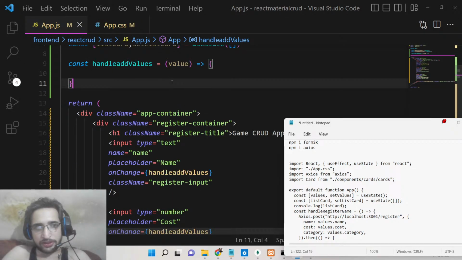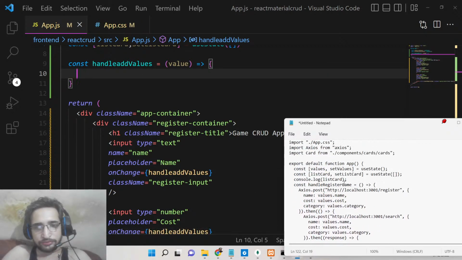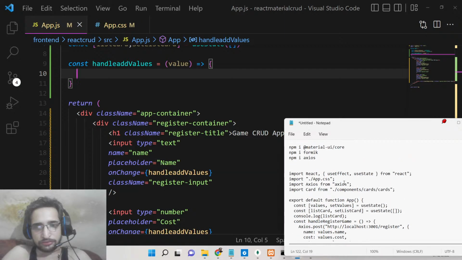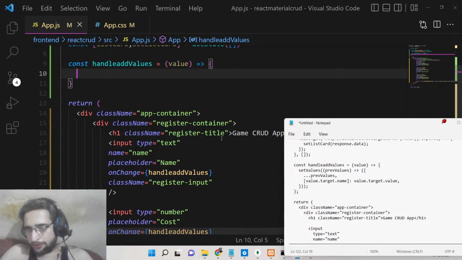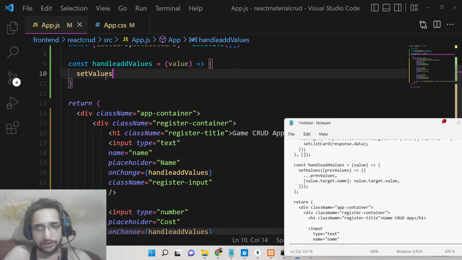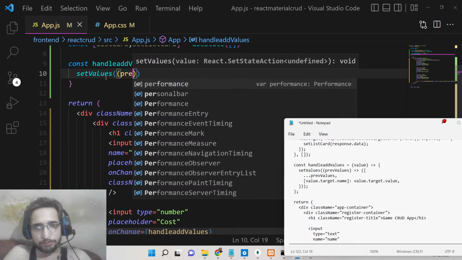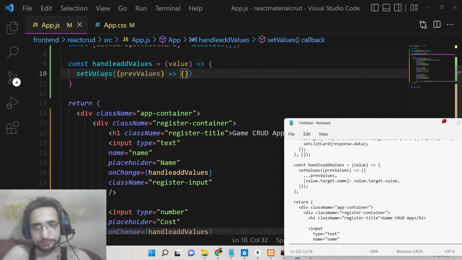So now you can see that. Inside this handle add values, guys, what we need to say is that we will use the hook function, which is set values, and we will take the previous values here, and what we will say is that